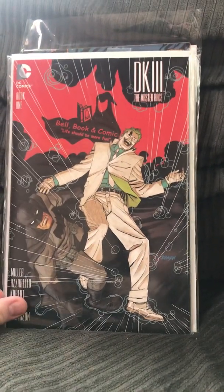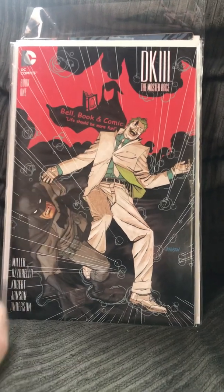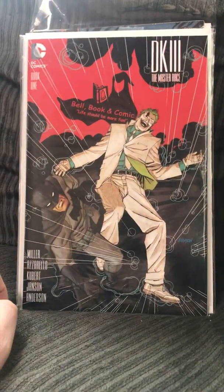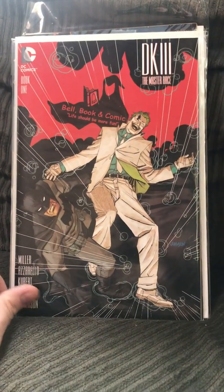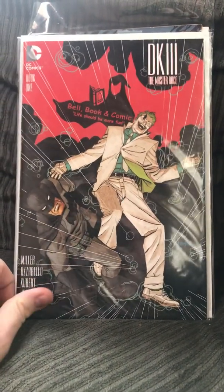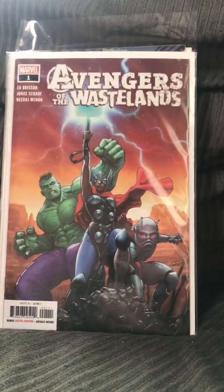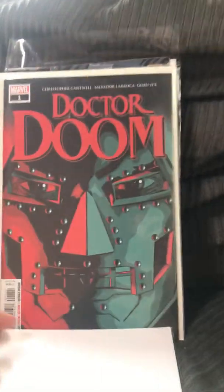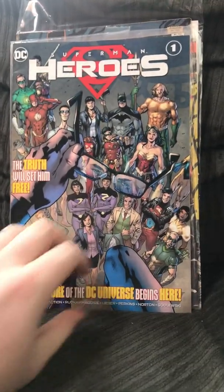Dark Knight 3. Wasn't a huge Dark Knight fan, but the name of the comic store is on here. Bell Book and Comic is a really good comic store. I definitely go in there and find something every time. So consider that a little recommendation, although I'm not a fan of Dark Knight 3. Avengers of the Wasteland. This will probably end up in my classroom. Ditto Doctor Doom. And this Superman Heroes book